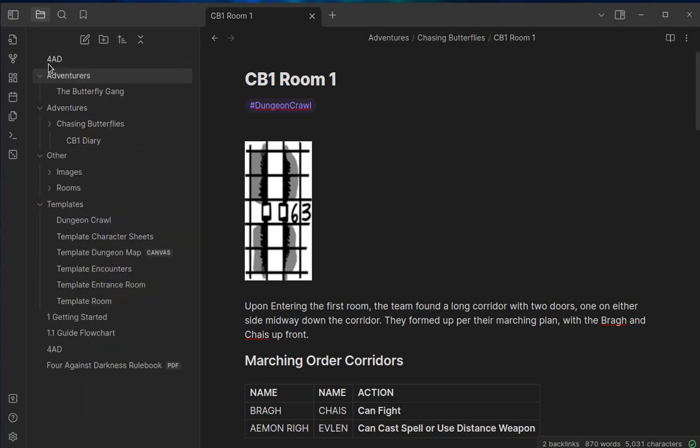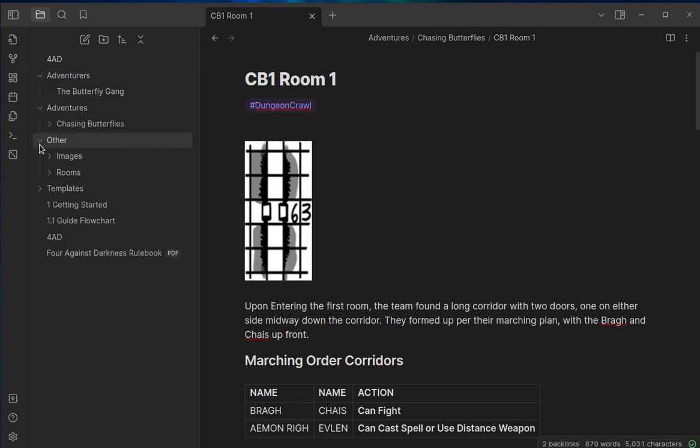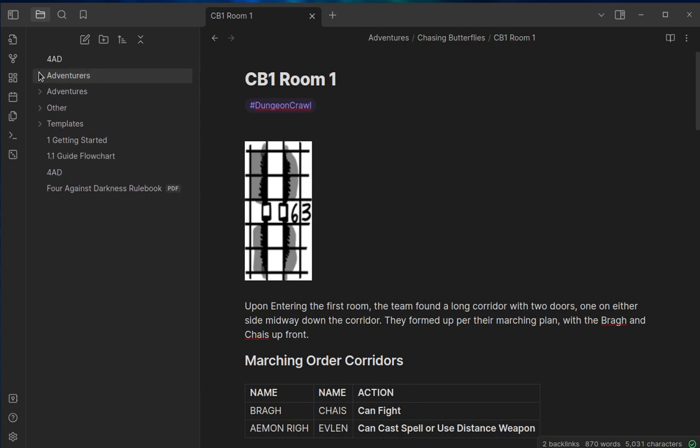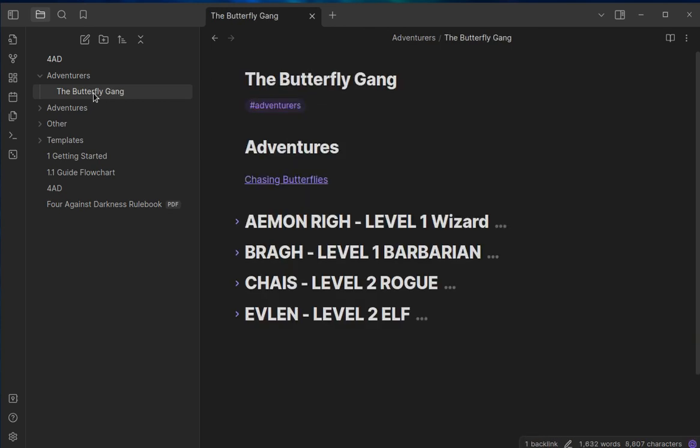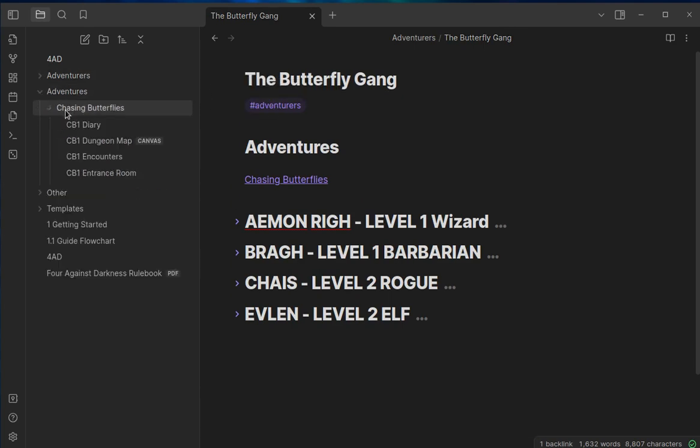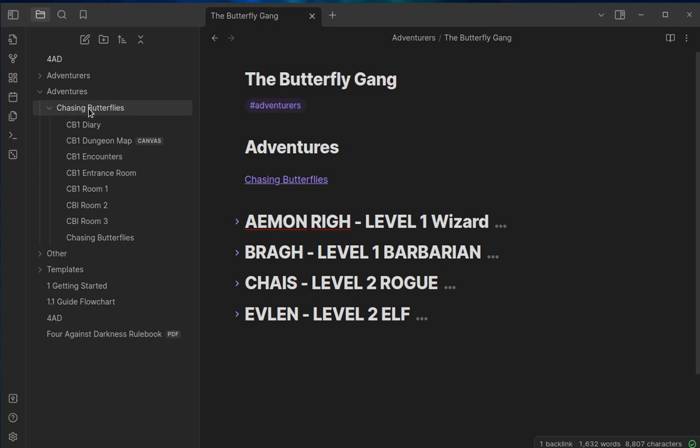I want to show you now a little bit of information about how I've got the files set up. You're going to have a folder set up for you, but you're not going to have a note in here yet. You're going to create your own characters from the template and put that note in here. This is the actual dungeon crawls, so you'll have subfolders. You've got nested folders. I've called this one Chasing Butterflies, and in here you're going to create some various